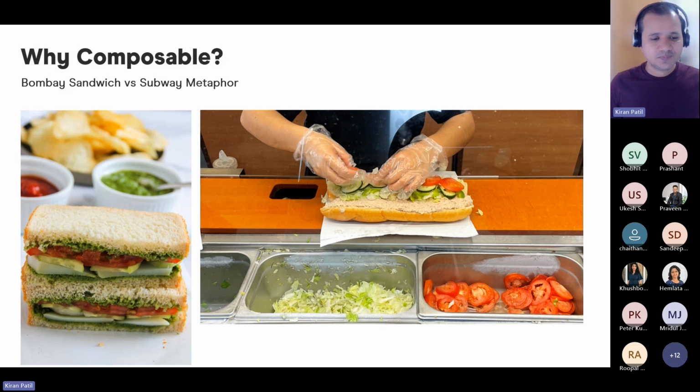And if you connect that whole process with composable, the Bombay sandwich is your monolithic platform where you have your XP instance of Sitecore, where analytics and everything is built in. Even though you don't need it, you still have to have it, whether you like it or not, because you're going with the monolithic platform. And the right side is your composable architecture where you pick and choose, and then you make your own sandwich,